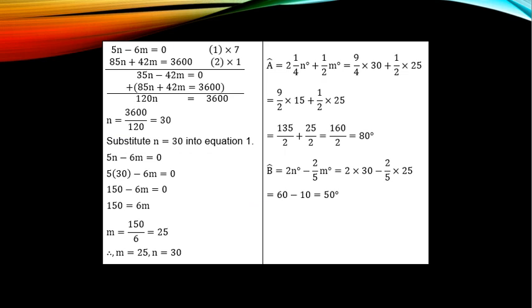Okay, so the voice of Petakus wants to eliminate variable m. To do that, the coefficient has to be the same in both equations. Share equation 1 and 2. The coefficients of m are 6 and 42. The LCM of 6 and 42 is 42. That means 42 will remain in equation 2 while you turn 6 to 42. The only way is to multiply equation 1 by 7 and equation 2 by 1 for 42 to remain the